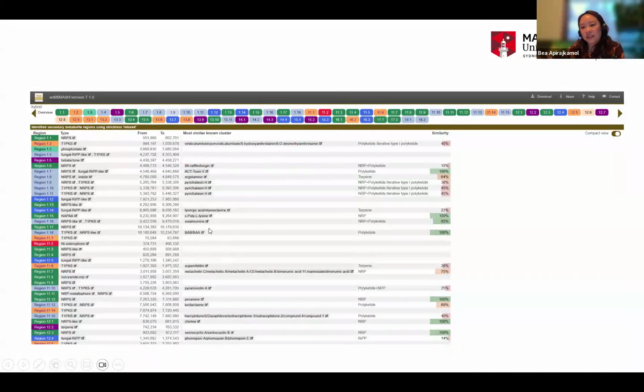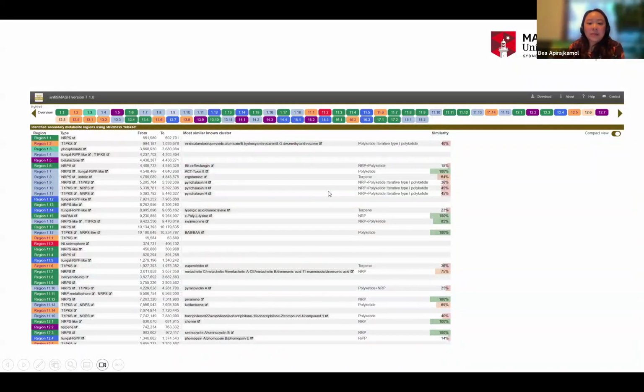If you're working with something that's under research, you probably expect to see not many known clusters. Having said that, it's a piece of software that's very easy to use, and if you're interested, please give it a go. And when you get a result like this, I also highly encourage you to click and see what it looks